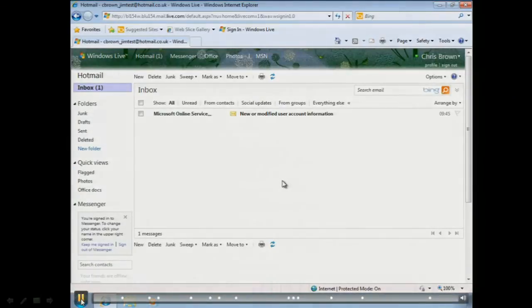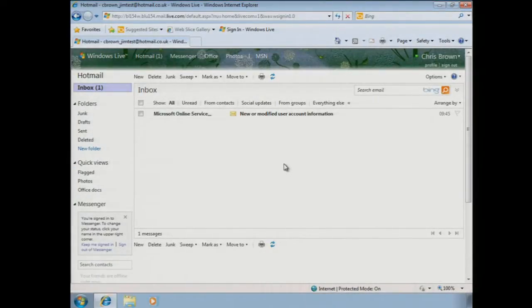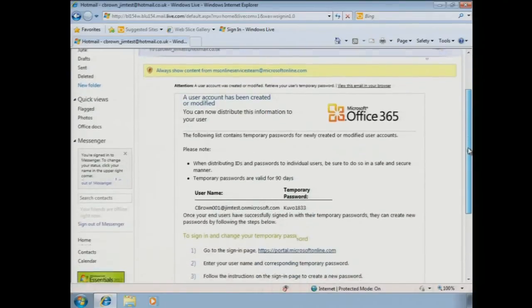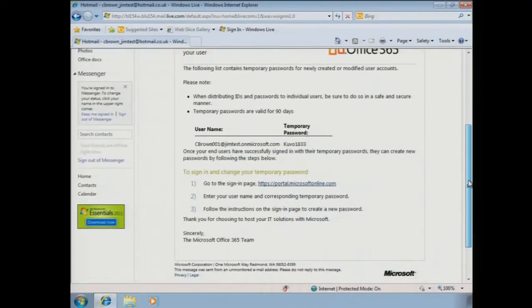So as I mentioned before, how am I going to get the information to the user? So I've emailed this out. I could have done a direct email one-off to the user. User receives this mail. Hey, here's your username, your temporary password. Gives them the instructions of what to do. Obviously, you can customize this, redeliver customized messaging, giving them more explicit instructions on how you want it done. But in short, it's go to the portal site, enter your temporary name, sign on, and it'll ask you to